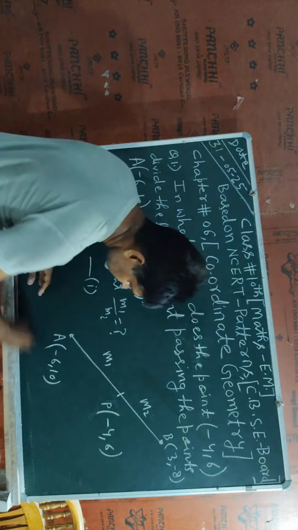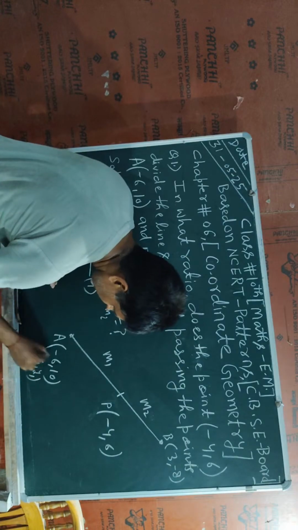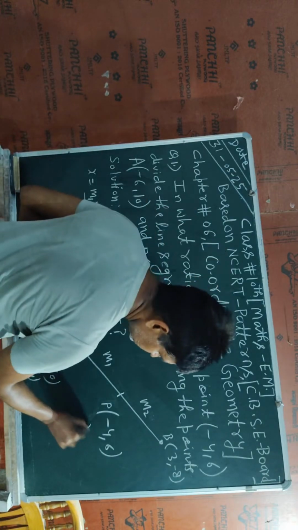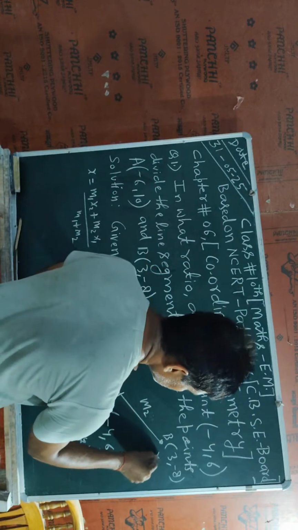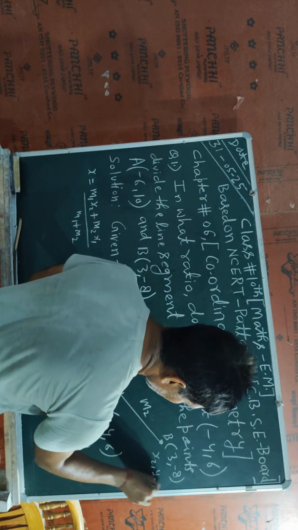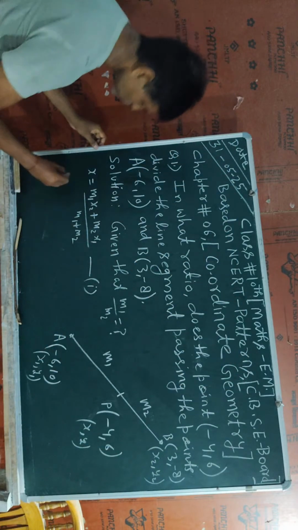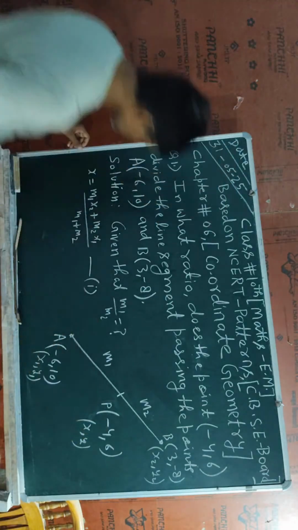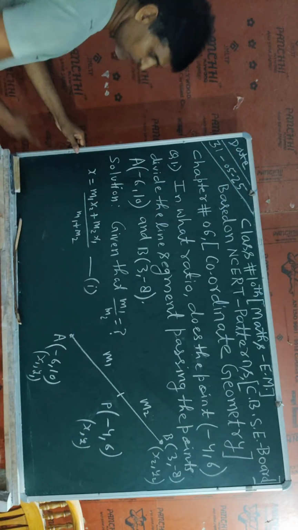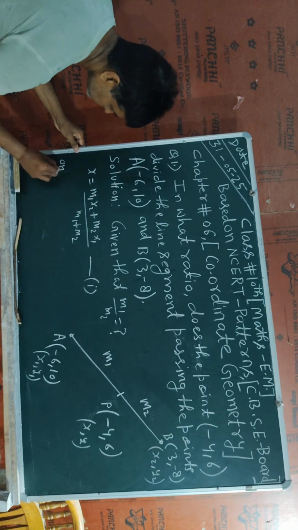So I will say this is x1, y1, and this will be x, y, and this will be x2, y2. Okay, so all the information I will substitute here. So the value of x1 here, the value of x is -4. So here I will write one statement. That statement will be such: on putting